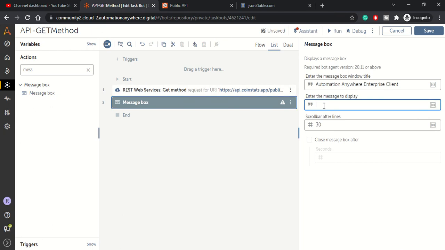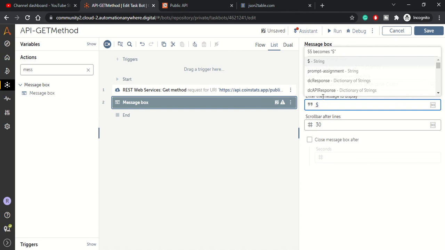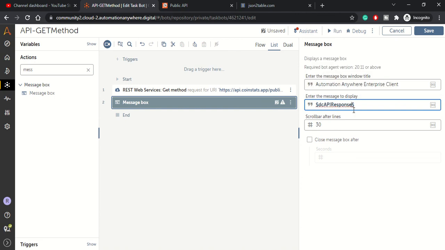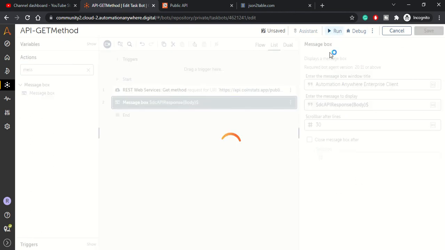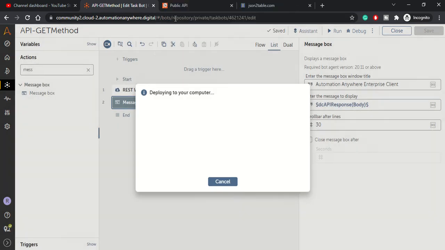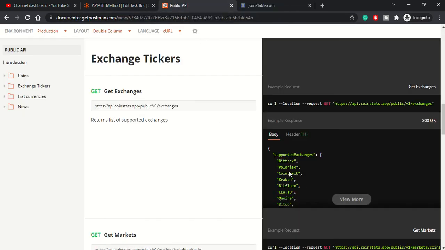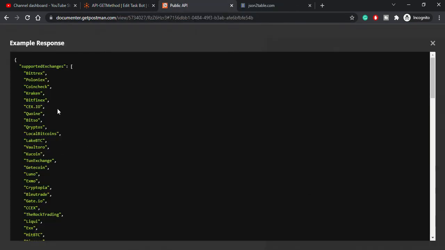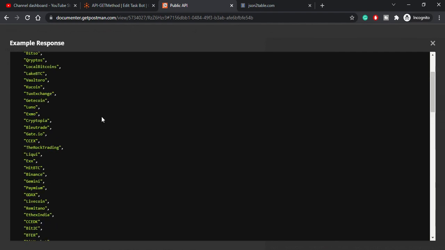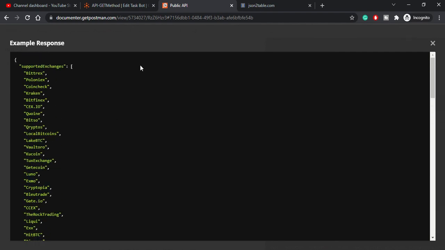Here we will access our API response, and in the key we will pass body. So this is how we access the dictionary variable. Let's run this. It should give us all the supported exchanges which are the result of this API, right?